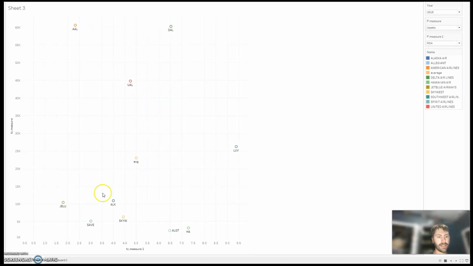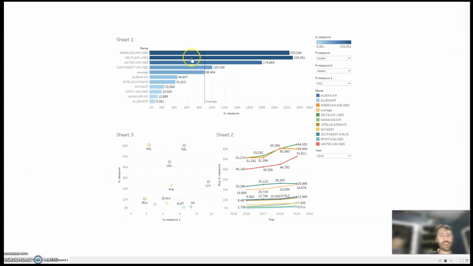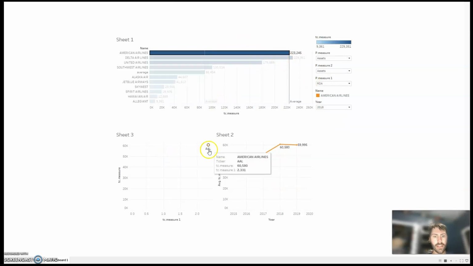which airlines these are. And then the last part of this project is actually the dashboard, and this is fully interactive. When you click on it, you can actually see the change in all of these graphs. So this is American Airlines. So with the asset and the ROA measurements, it is